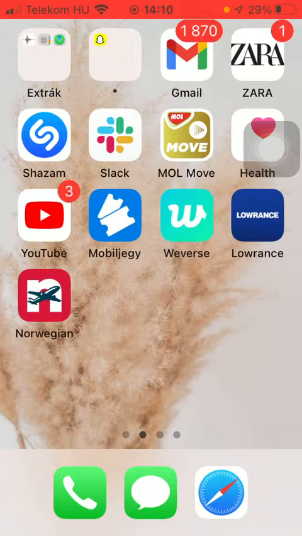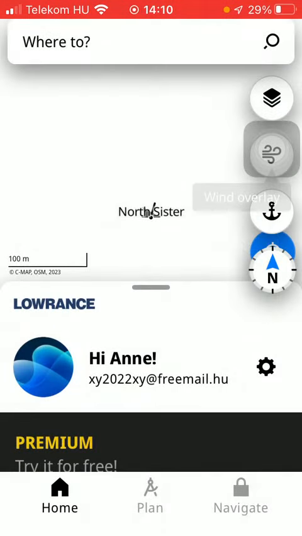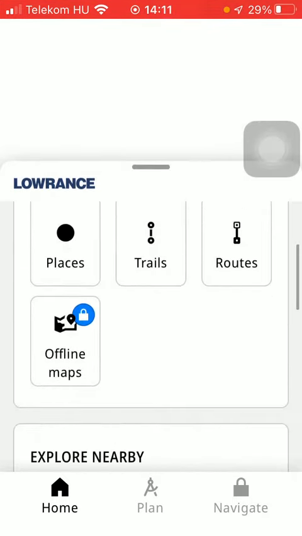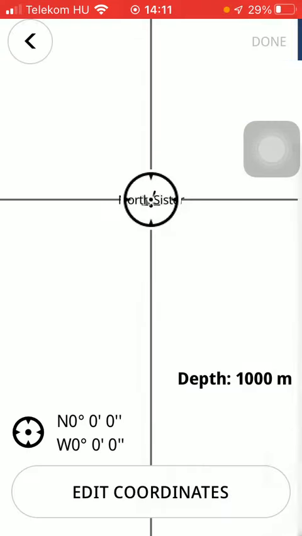Now let's jump into it. First of all, open the application on your phone, then tap on the home button down below. Scroll down a bit and tap on this places button, then tap on add the waypoint down below and you should pin your location on this map,